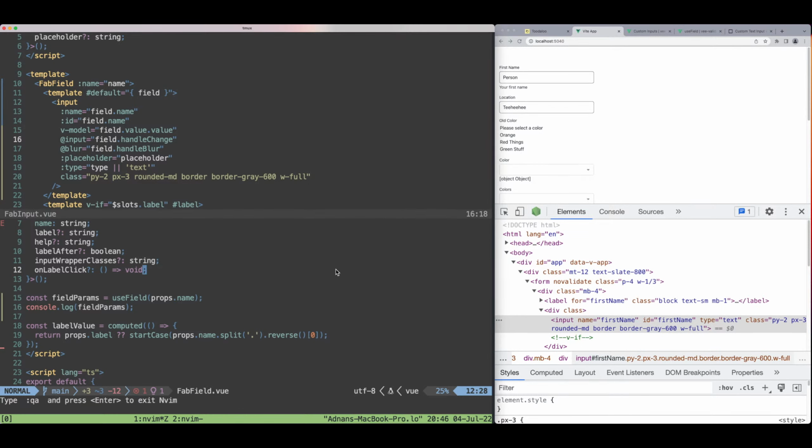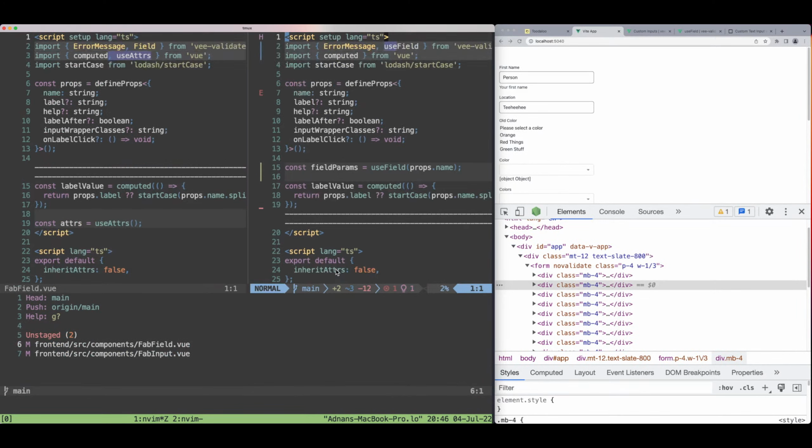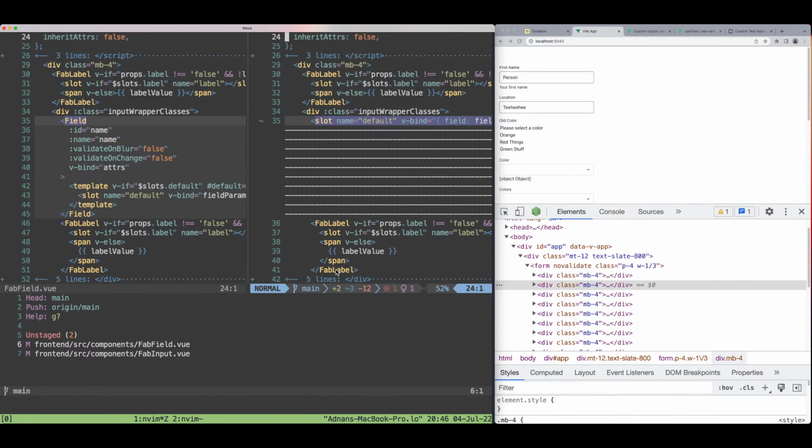Okay, so let's take a look at the changes that we made. Got rid of the field here. I gotta check up on validate on blur and validate on change. So for example, if I was to do this, which is on change, I get the error. I don't want that. And then validate on blur, I guess it's just